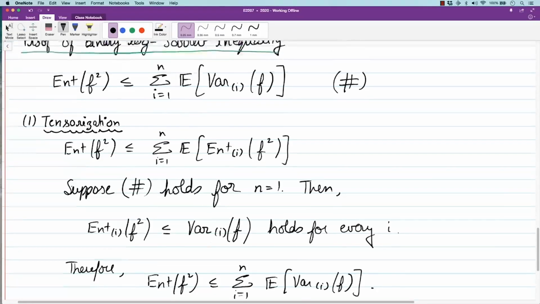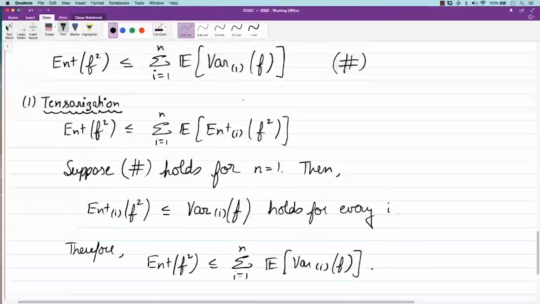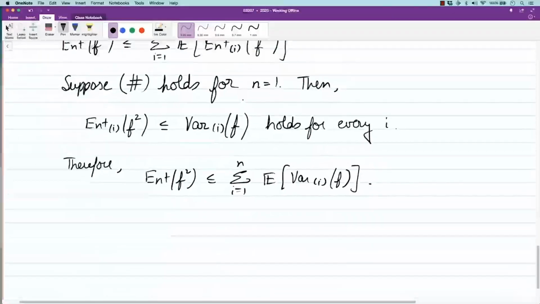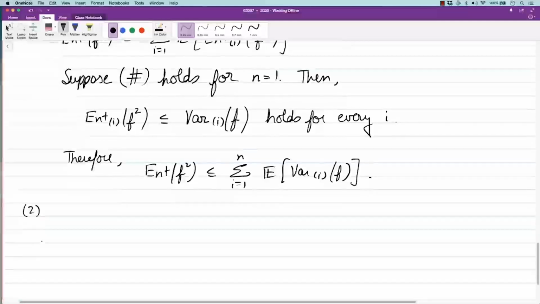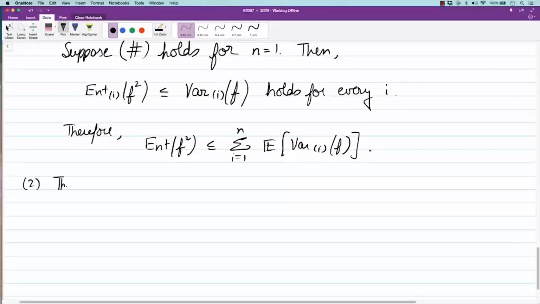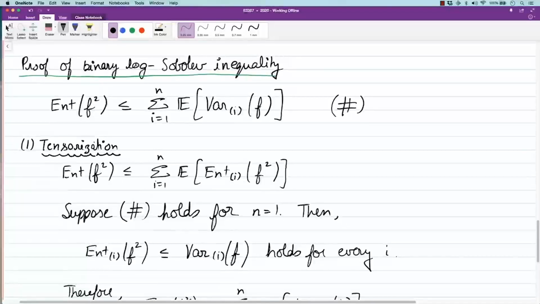Okay, so this is how we were able to use tensorization of entropy to reduce this binary log-Sobolev inequality to only the one-dimensional case. So how do we show this one-dimensional inequality? That's the second part of the proof, the n equal to 1 case. This is some elementary inequality we have to show. So what is this inequality for n equal to 1? We have to show that